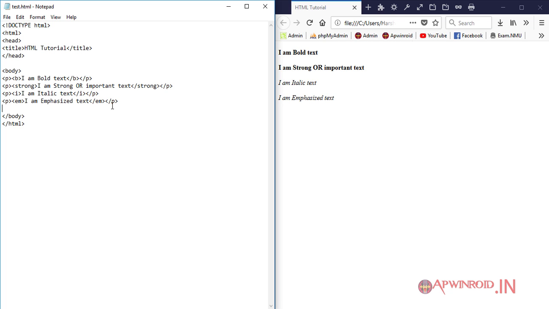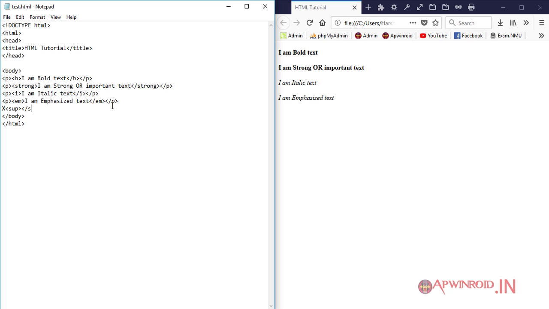Mathematical expressions mainly use superscript. So I am going to use x raised to n or x raised to y. For x raised to y we have to use the superscript element,